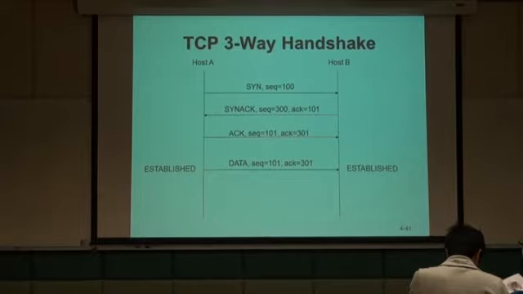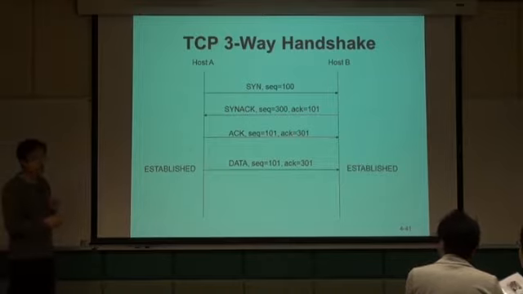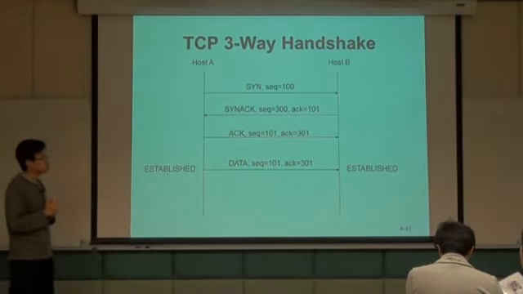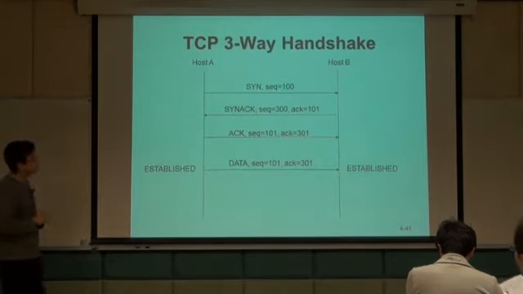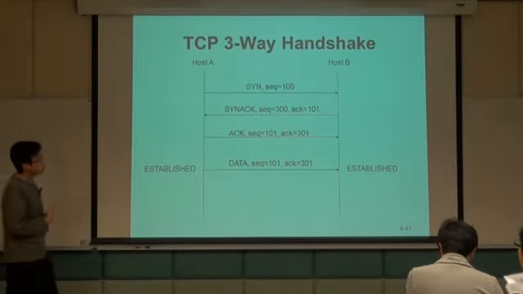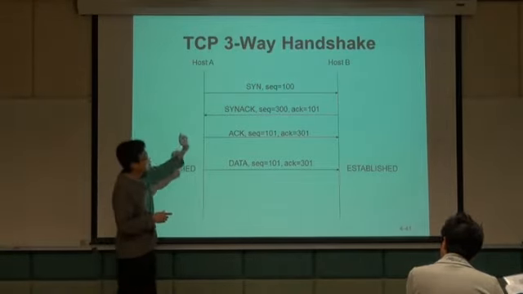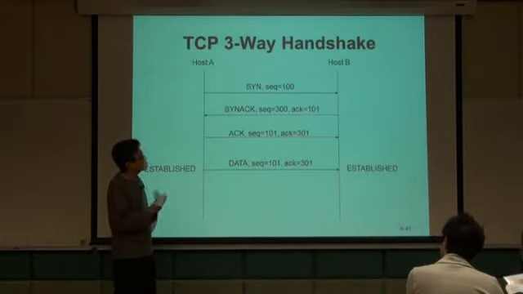To begin with, we need to define what sequence numbers I should use. Here, we will use the TCP three-way handshake. The idea is you use this three-way handshake to set up a connection, and it also defines what sequence number to begin with. Let's say host A wants to talk to host B. A will send a SYN packet and pick a sequence number. Let's say I randomly choose